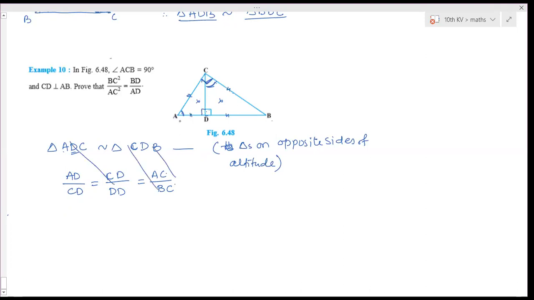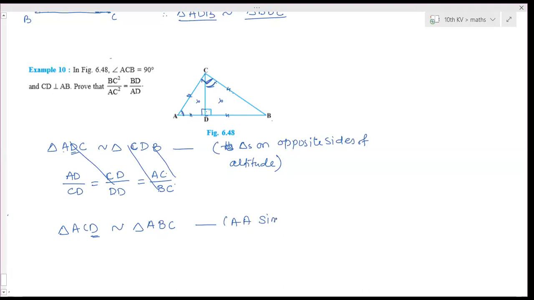The smaller triangle, you have to prove similar to the larger triangle. BC and AC square we will get from that side, the Pythagoras theorem only. The Pythagoras theorem proving should come, not this one. So triangle ACD is similar to the whole triangle. A is common, D is 90 in the smaller triangle, so in the larger triangle C is 90 and B will come here. So triangle ACD is similar to triangle ABC by AA similarity.